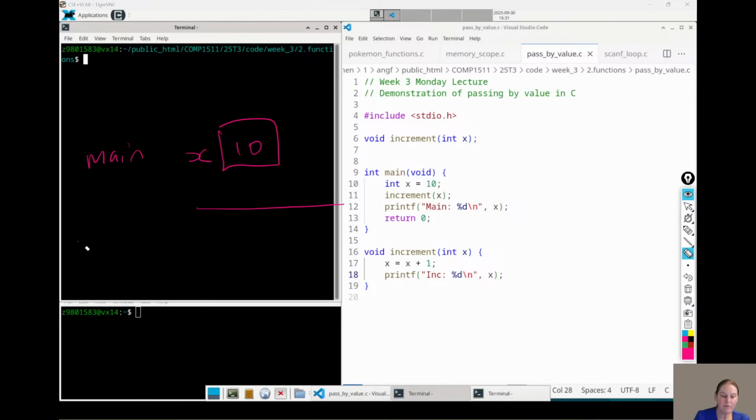All these variables that were part of the increment function don't exist anymore. And we've still got our original value back in the main, right? So we've just got to remember we're passing in values. Copies, we're not passing in a variable which somebody can change. We're just giving the value and it's going into local variables in the other function.